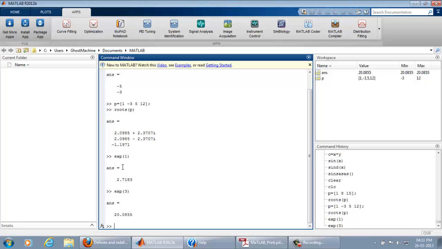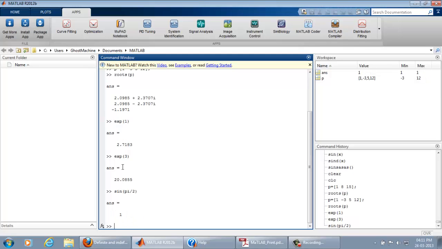Now how to calculate sine of pi by 2. Let's see, sine of pi divided by 2. Notice that it is 1. If I want to calculate sine in degrees, sind(90), that is 1. If I want to calculate inverse sine, so asin, let us calculate the value.